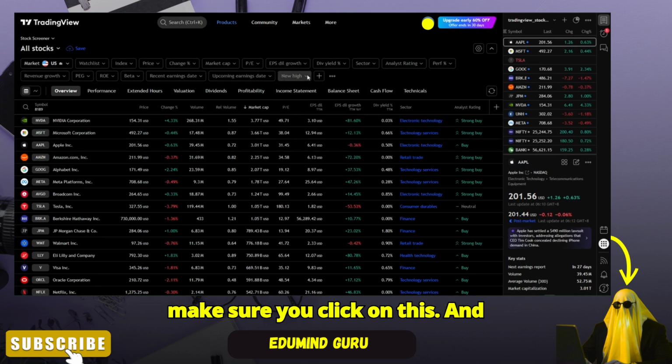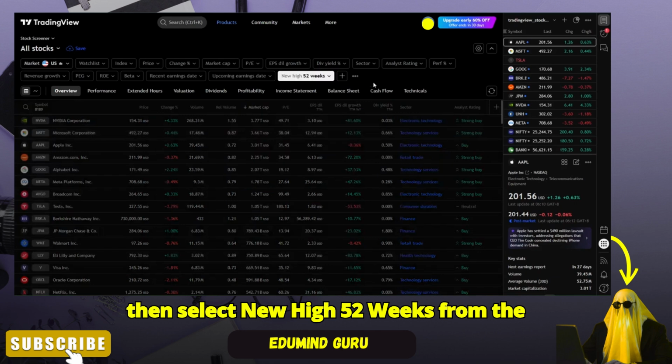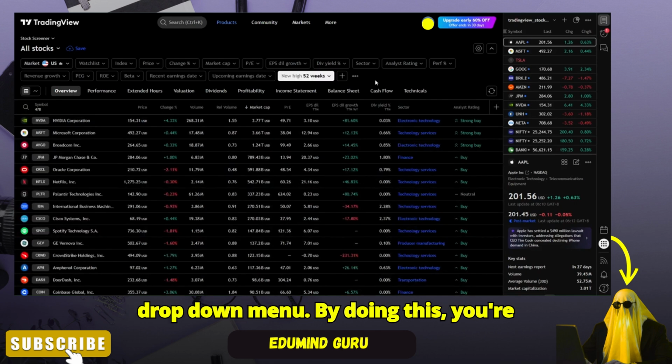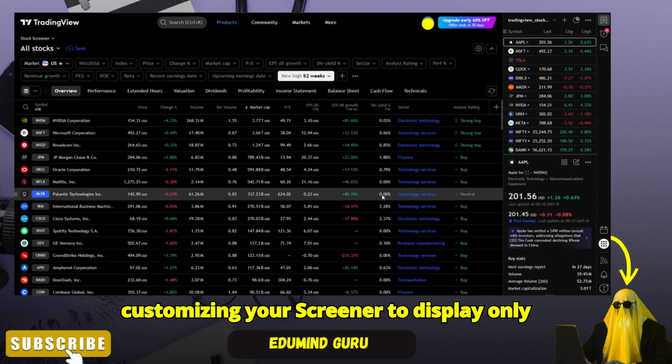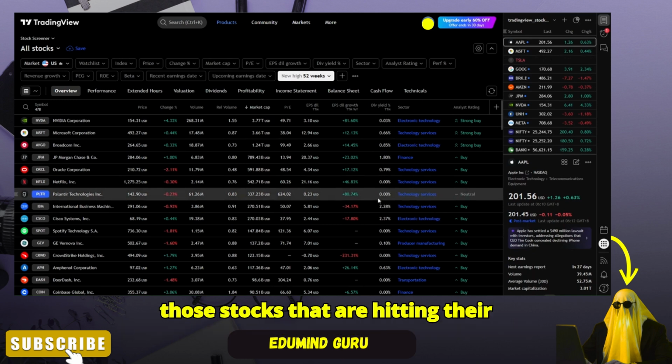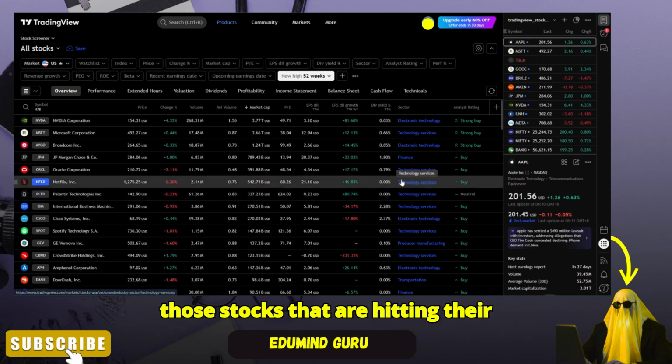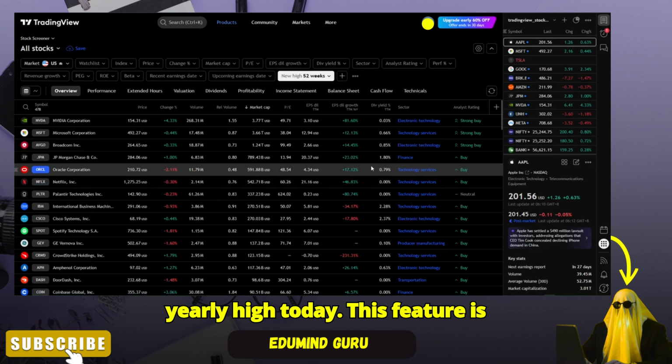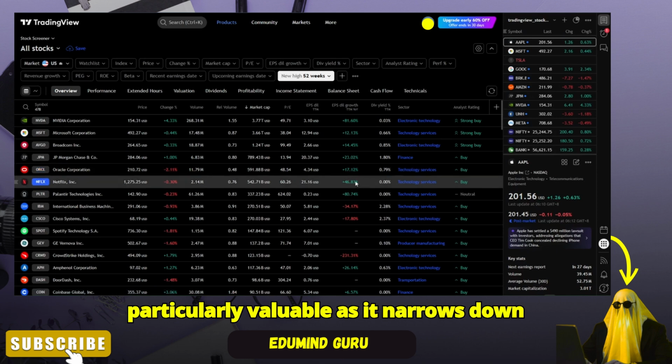It's crucial to make sure you click on this and then select New High 52 weeks from the drop-down menu. By doing this, you're customizing your screener to display only those stocks that are hitting their yearly high today. This feature is particularly valuable as it narrows down the search to pinpoint stocks that have shown recent significant performance